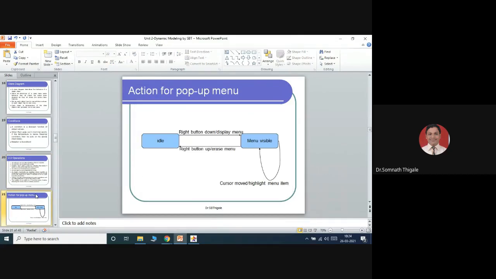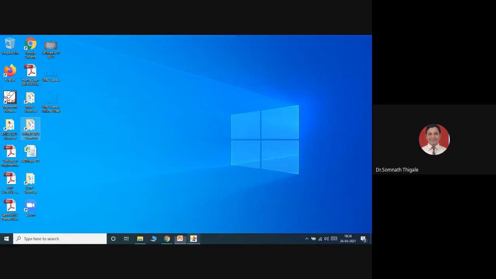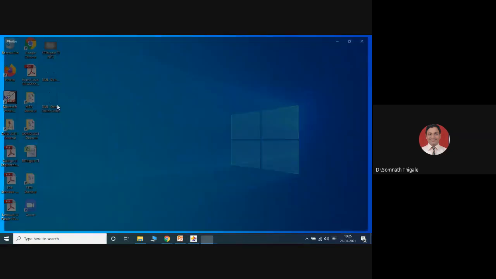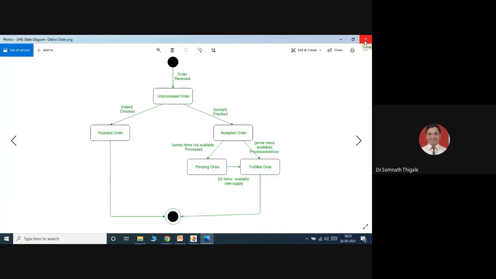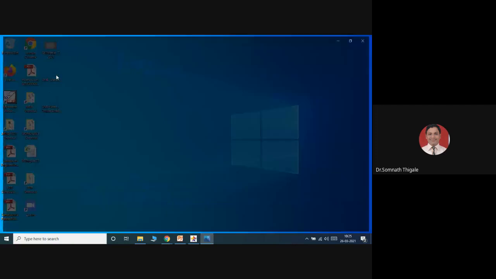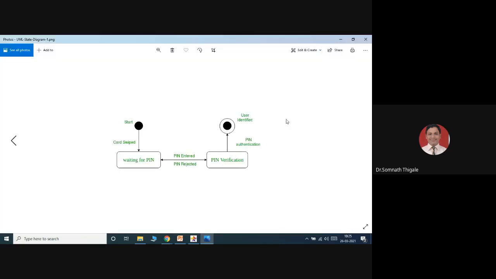See here. And I'll represent one more simple example to help you understand. See, this is one action. This is one activity. This is another activity.